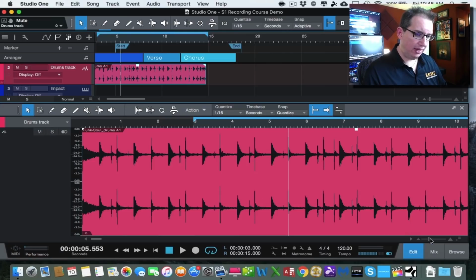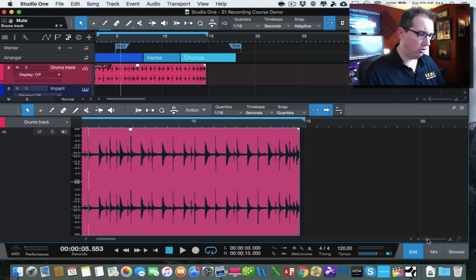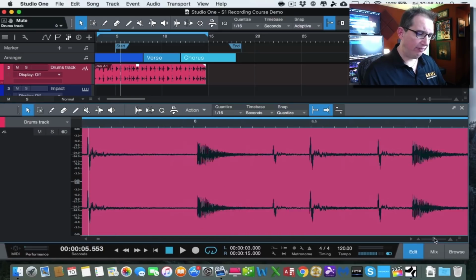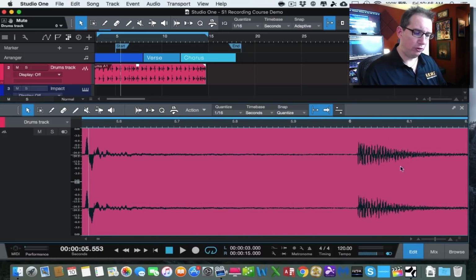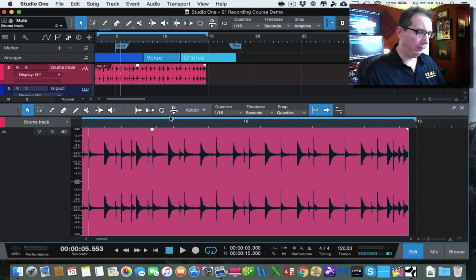You can zoom in and out down here in the right hand corner. You can take this little slider, and you can zoom in and out on your audio. So if you have to do some surgical editing, you can do that right here. It's an easy way to blow up the audio right in front of you and have a nice big place